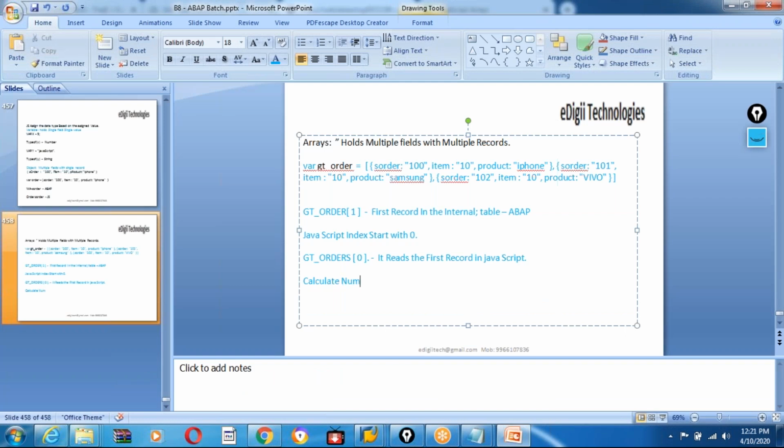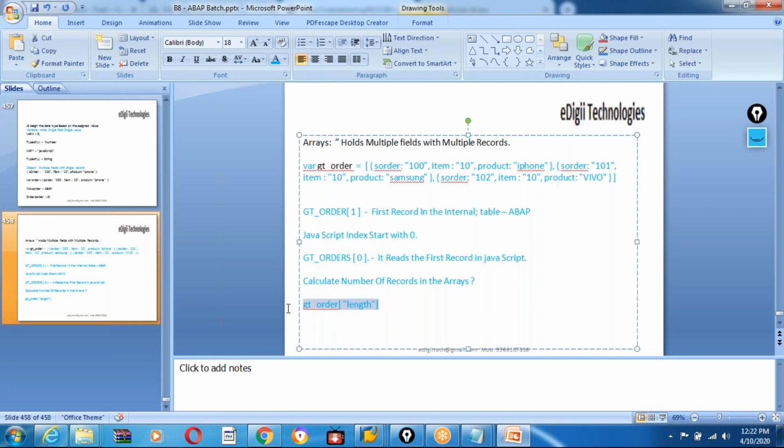So this is how to calculate the number of records in arrays in JavaScript. How can you calculate it? Use the bracket, and inside that you need to use length. Then you are going to get the number of records in the internal table or array. So that is arrays,